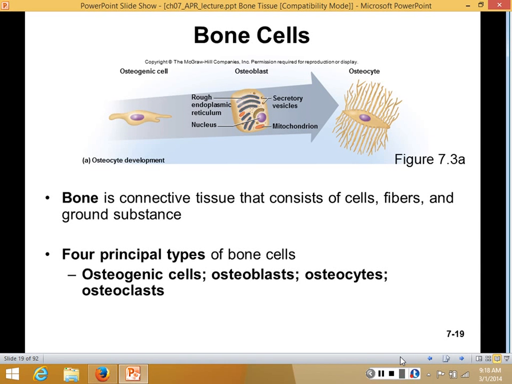cells. Those are the cells that actually respond to any type of fractures. Those cells can transform themselves into your osteoblasts. Your osteoblasts are considered your bone-forming cells. They're the ones responsible for depositing matrix, osseous tissue, or more bone tissue in our bones. Okay,